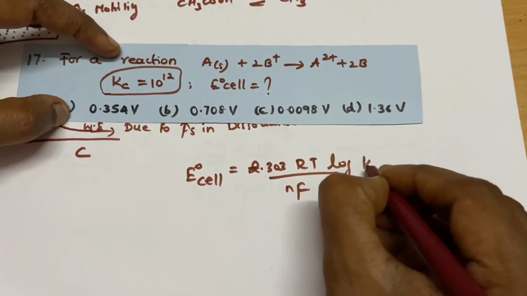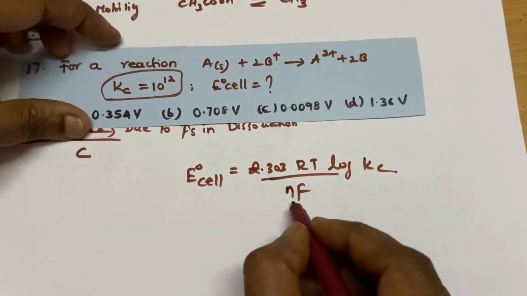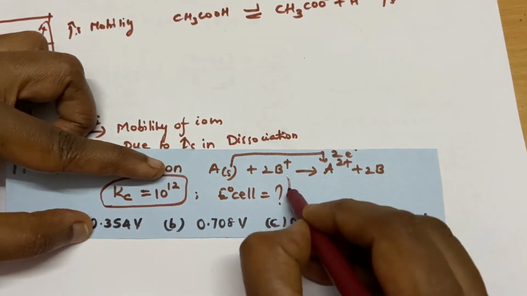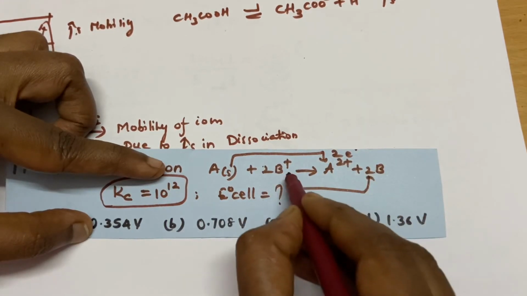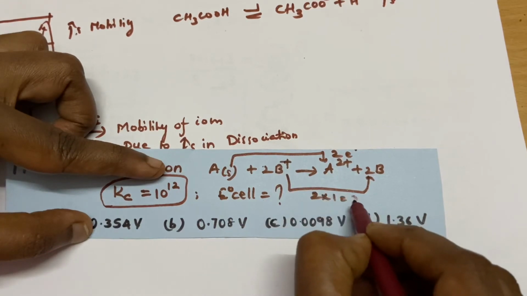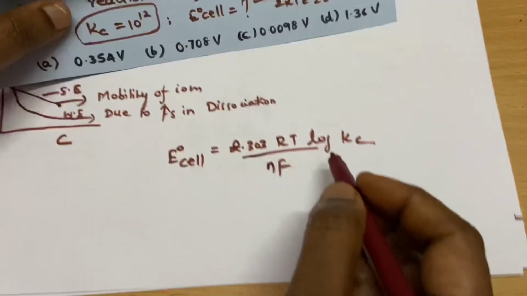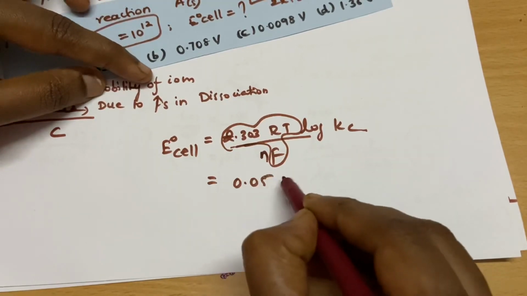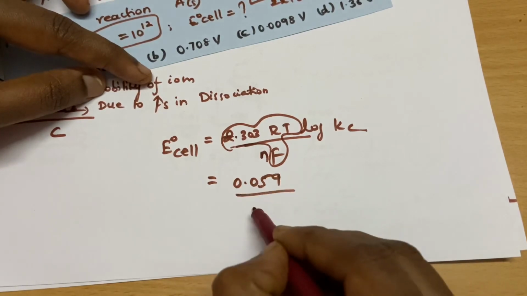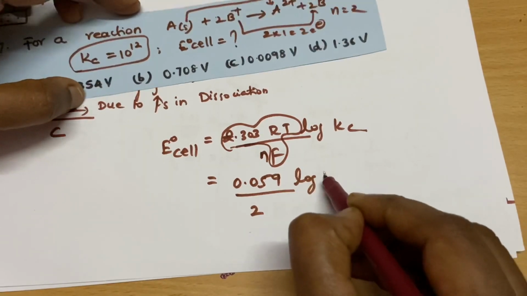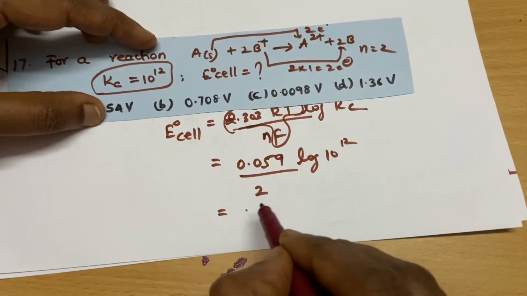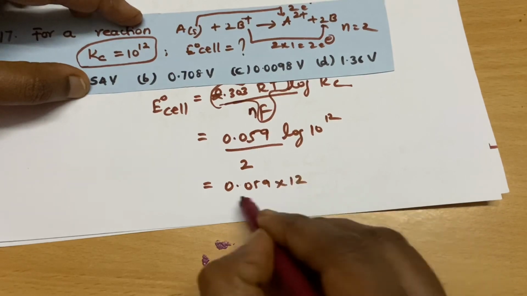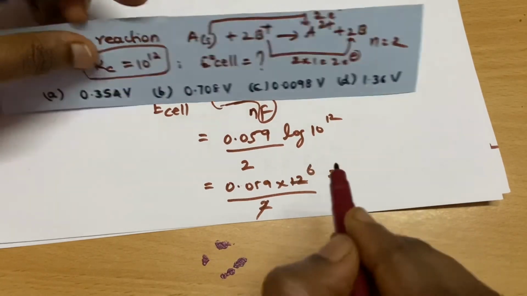into log Kc. So what is the n here? n is the number of electrons involved here, so it is 2 electrons; one electron changes, but 2 into 1 is also 2 electrons. So the value of n is equal to 2, and all these are constants, giving 0.059 divided by 2 into log Kc, where Kc is 10 to the power of 12, as given. So log of 10 to the power of 12 is 12, divided by 2. If you solve this equation, the answer is